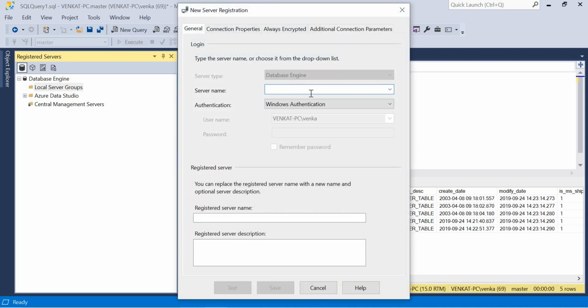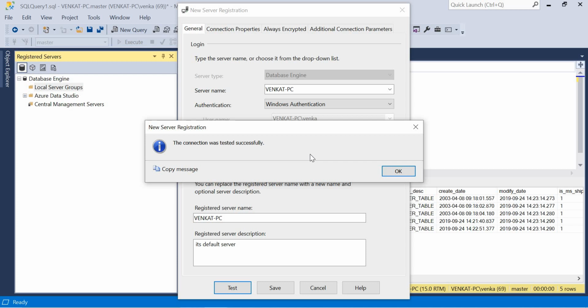Here you need to provide the name, specify the authentication, and specify the name you want to show here, and you can put some description also. I'm going to put it as dot or local because I have my servers on the same machine. Otherwise, I can simply click on the down arrow, and it automatically shows the list of available servers. Select this, and the name also comes like this. You can change the name here. For authentication, Windows authentication is fine, and it's local, the default. Okay, so click on Test.